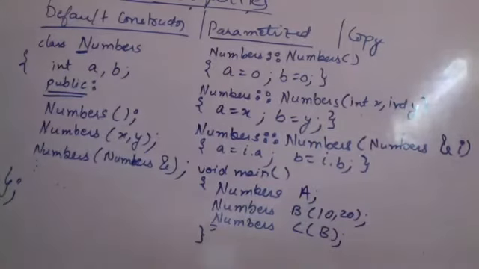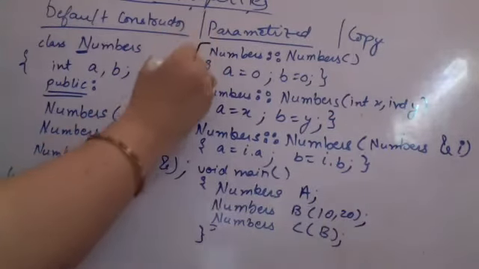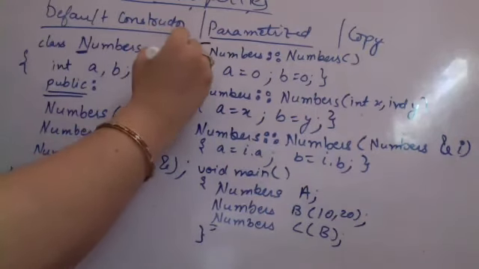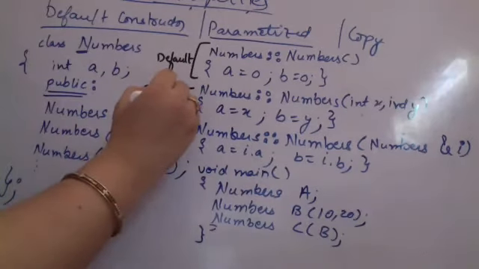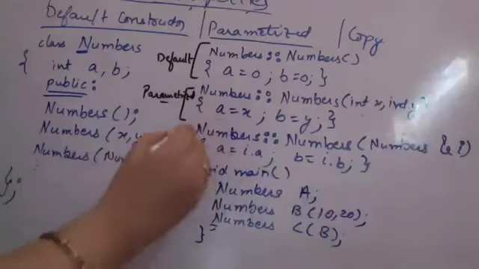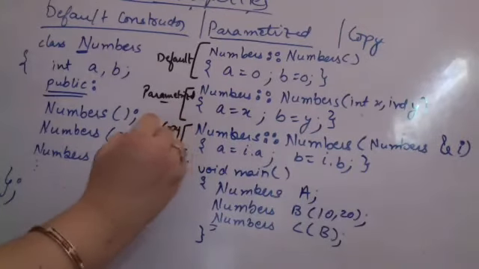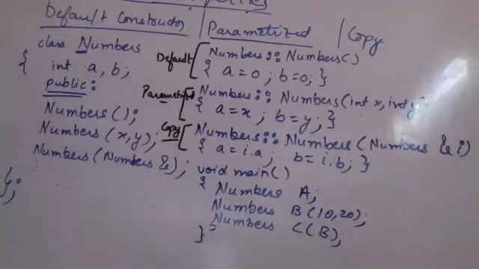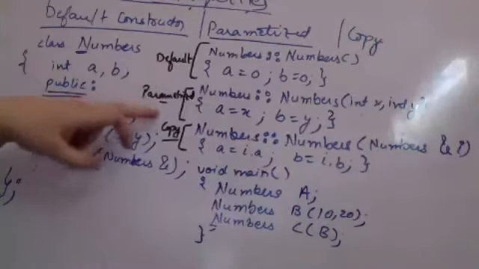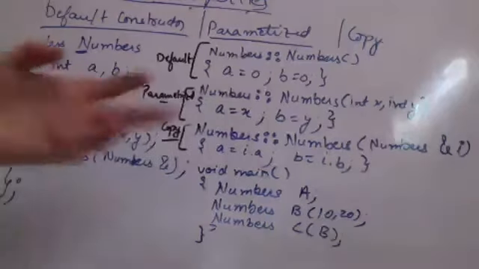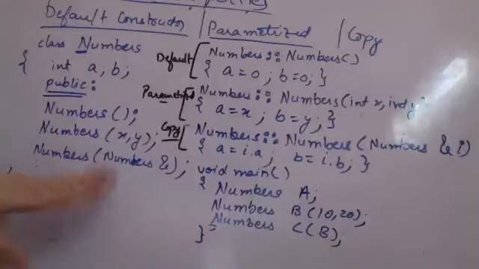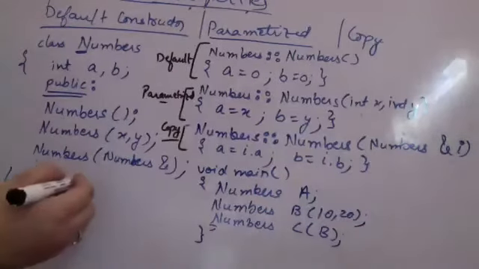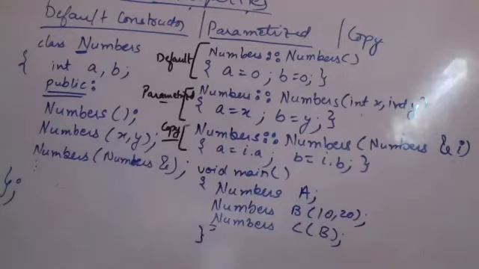As I have again and again mentioned, this is an example of default constructor. This is an example of parameterized constructor. And this is representing a copy constructor. So we are trying to show three constructors here: default, parameterized, and copy. I have defined all the constructors outside the class, so I'm using a scope resolution operator. The same thing could have been done inside the class also. It is completely up to you. I've just declared the constructors here and then I have defined them outside the class. You could have defined them inside the class also, completely fine.